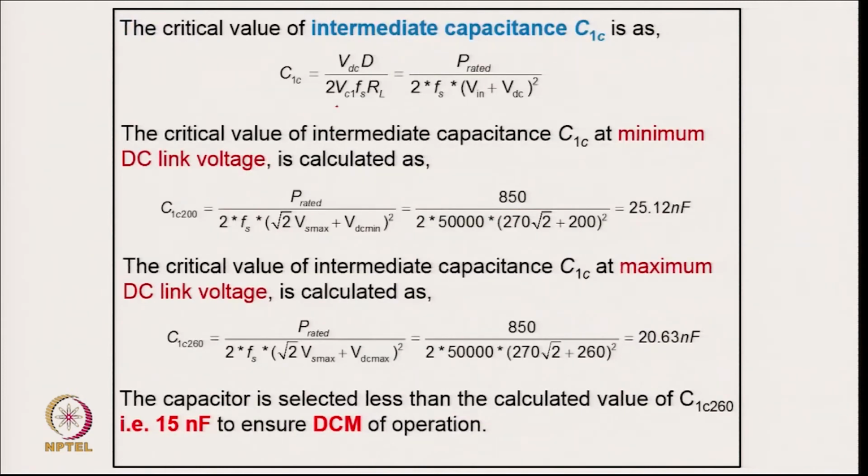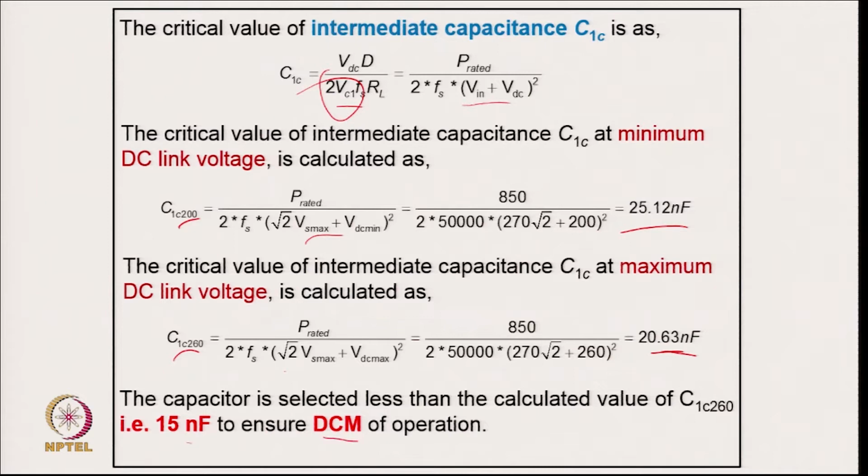Now, coming to the critical value of the intermediate capacitor, here also we are permitting a ripple of twice the average voltage across the capacitor for the boundary condition. Keeping the values here, it comes to 25.12 nanofarad, and this is corresponding to one supply voltage, and this is for another supply voltage, 260 for this and 200 for this, and it comes to 20.63 nanofarad. So we select lower than even the lowest of these two, around 15 nanofarad, to make DCM operation